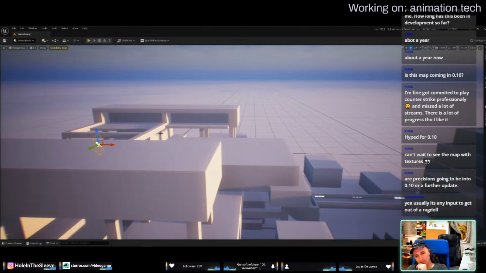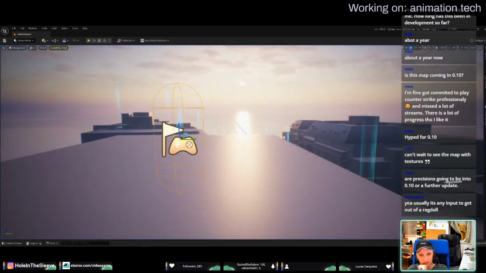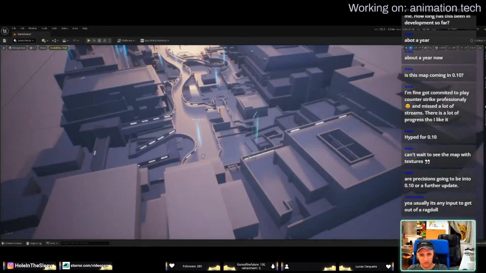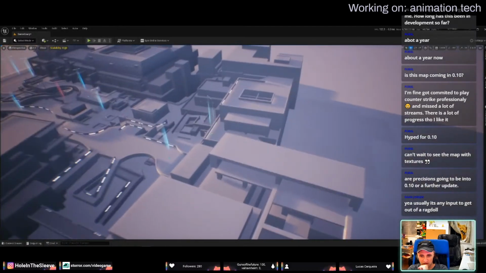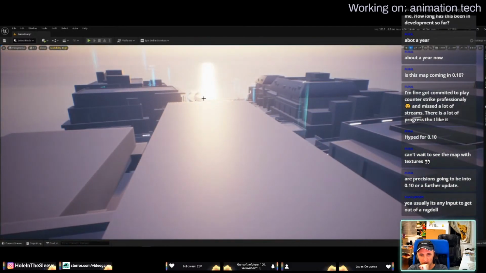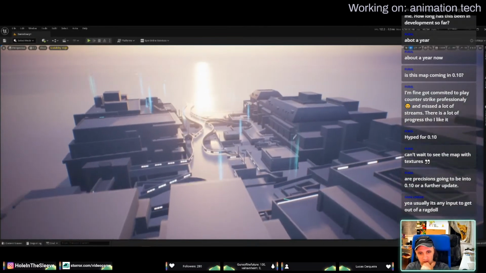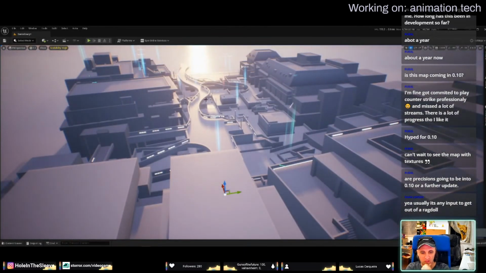I wonder if, can I see a little bit more of the map? No, like from the editor. So where is the player start? Oh, it was here on this building. Just keep it there. That's everything, okay.